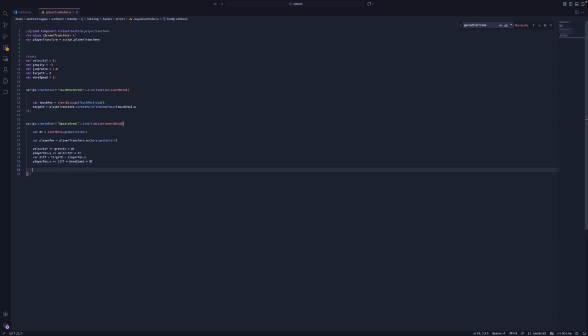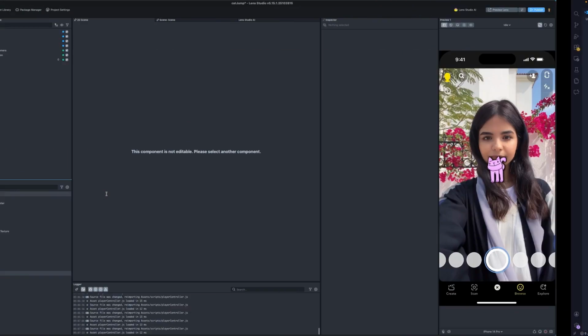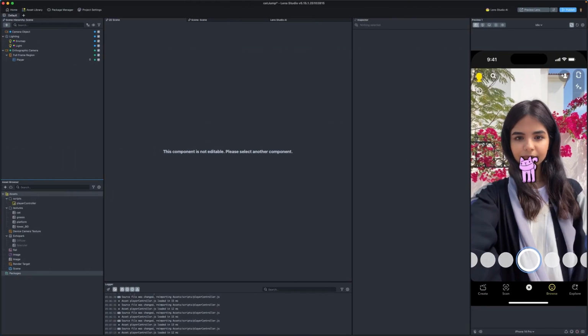Times player speed times delta time, sorry. Cool, so now we want to actually update where our player is on the screen. We do that by doing player transform, anchors, and then set center. It's going to be center point, and it's just going to be the player position that we've got. And we're just going to comment out the Y for now, just so we can see the cats smoothly move